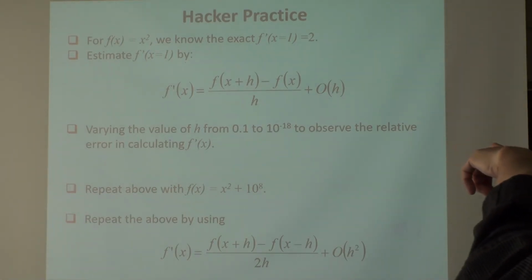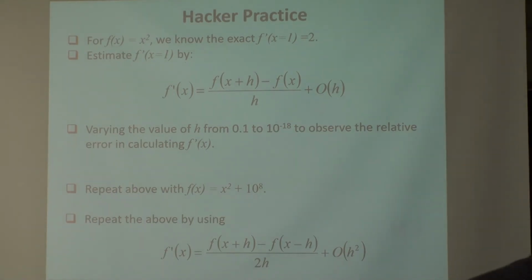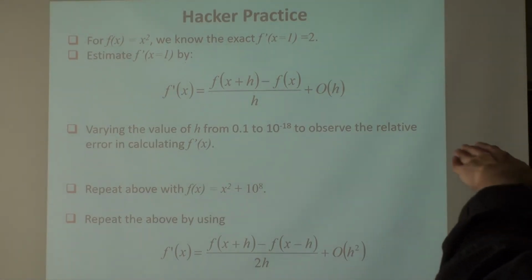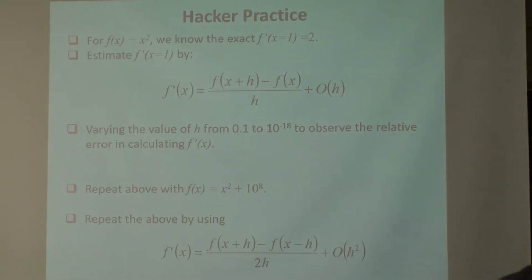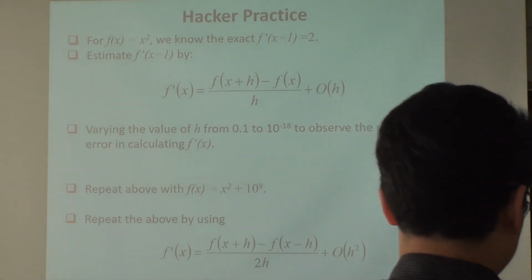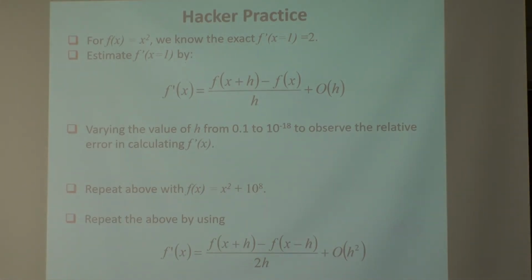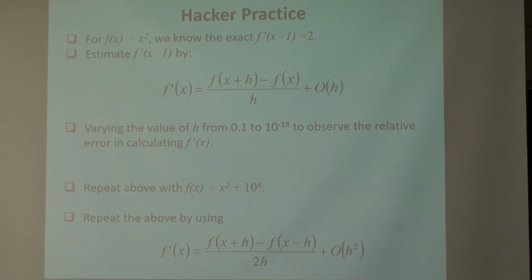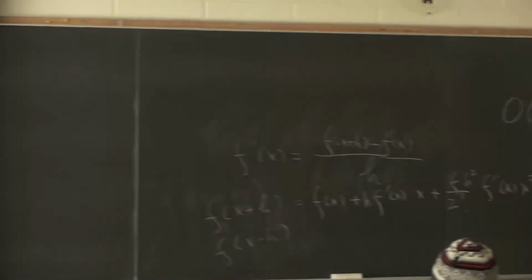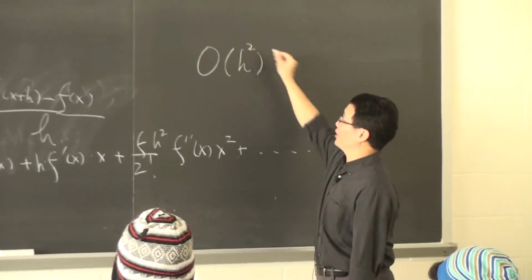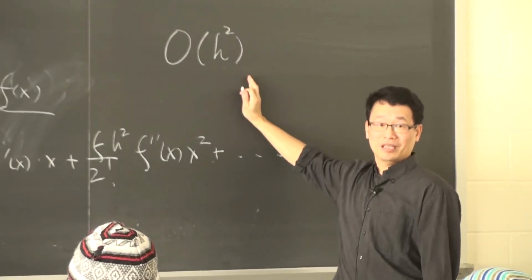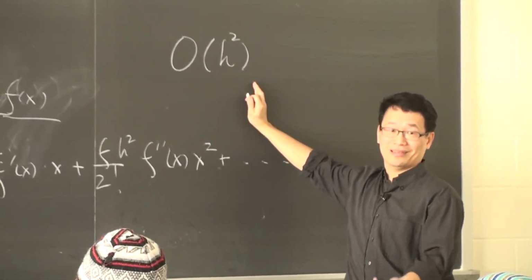The derivative is approximated by the first term. I'm just saying that the error is on the order of h. When h gets smaller, the approximation gets better. So there's no O(h) in your program. This is called a big O. It means on the order of h. When h becomes half as small, the error is half as small. When it is order h squared, when h gets half as small, the error becomes a quarter. So we call it the big O.